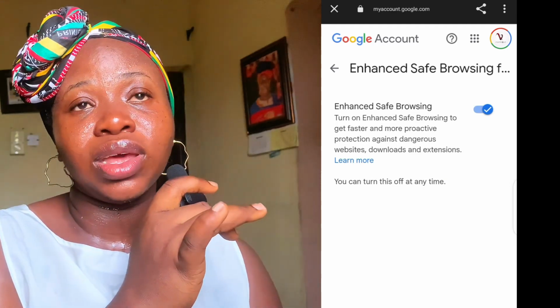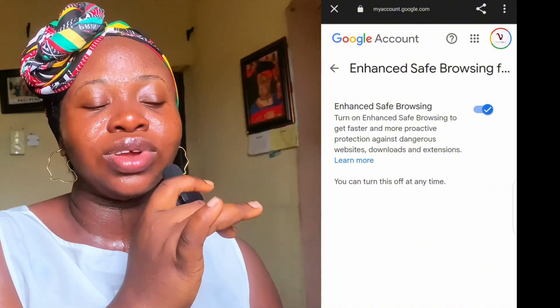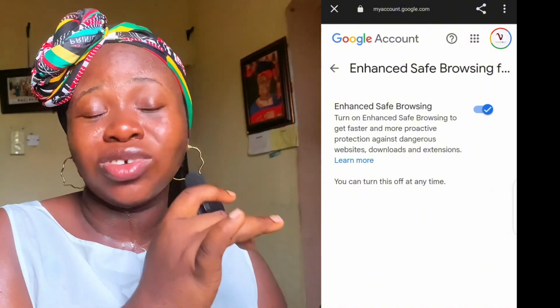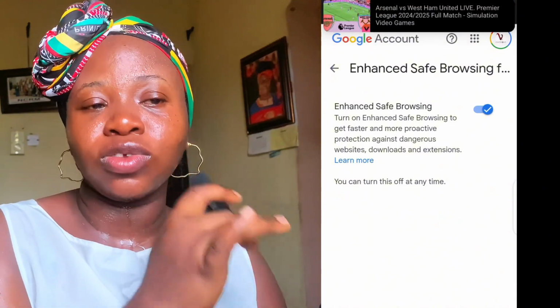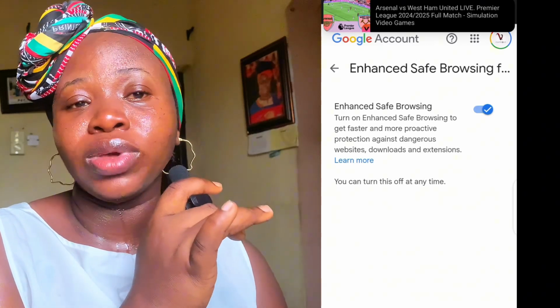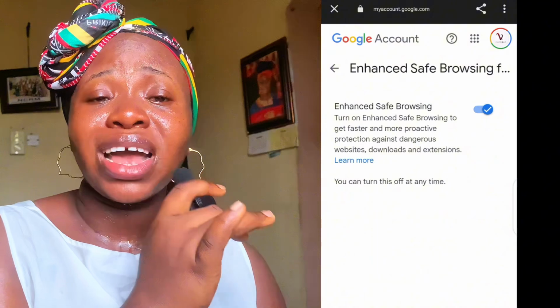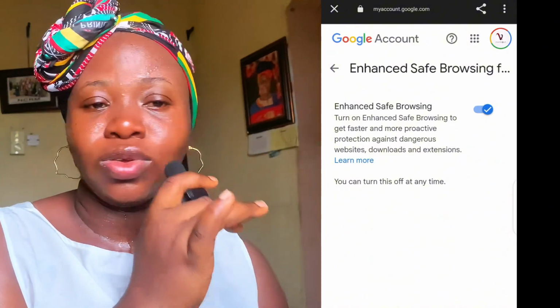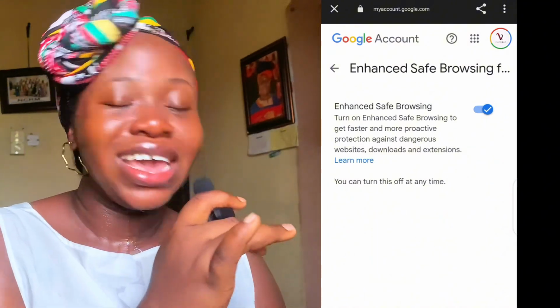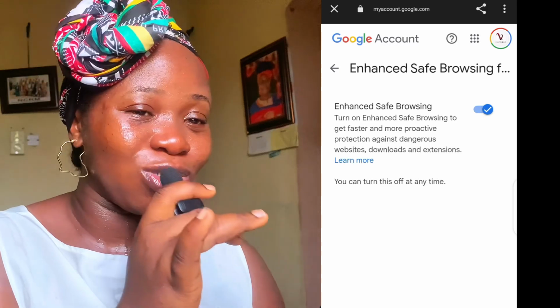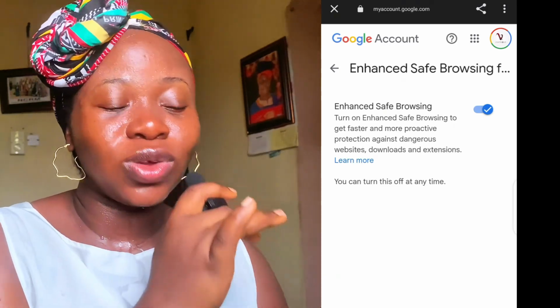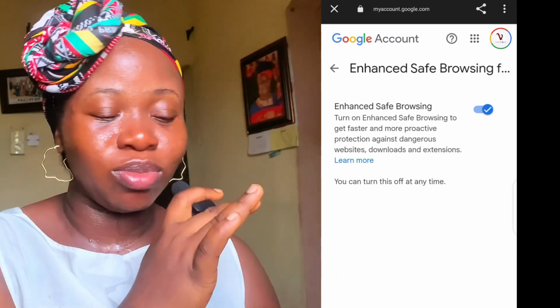I know you're not under any duress, it's not compulsory, it's not mandatory, but for YouTube to give you this information, it simply means they want you to turn it on. So don't be among those who will get the information and just ignore it. Go ahead and turn it on so you can have that extra protection on your channel. It is this easy, nothing else to be done. Just turn it on and you are good with that information.